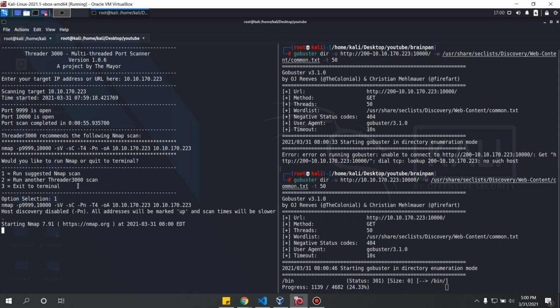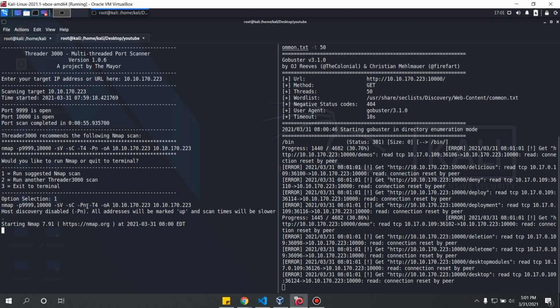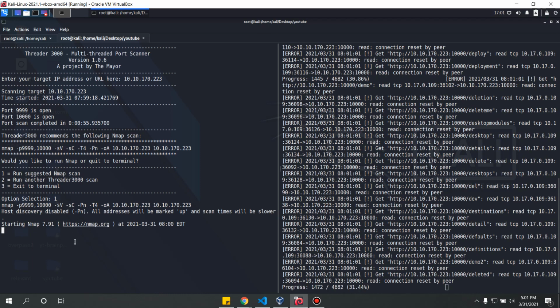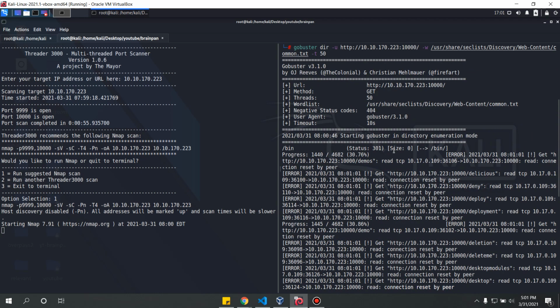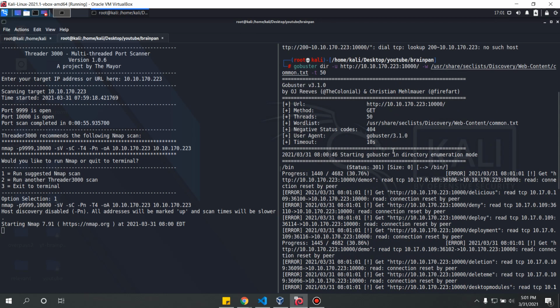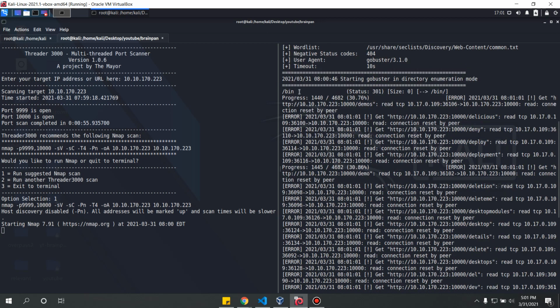So as you can see, Threader 3000 narrows it down to the ports that are open, and then does an nmap scan on the ports accordingly. So you can see this is suddenly giving us lots of errors. And why is that? Give it the port. So okay, it did tell us that there's something on /bin,